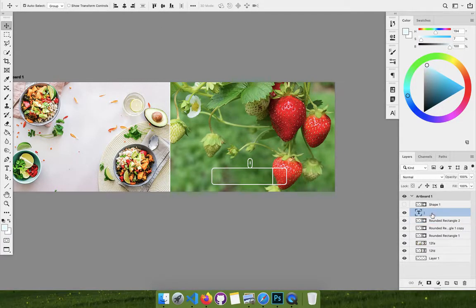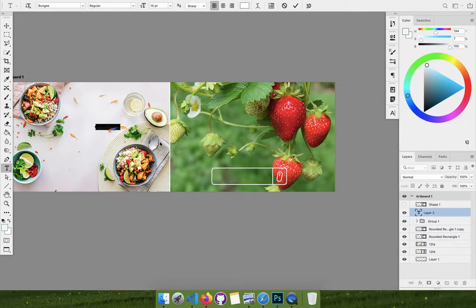Now put this thing a bit above, and now make a group of these things, and now you put it over here, and you want to rotate this, command T and go to this angle, maybe put 10 degrees. That's a kind of small subtle angle. Now it's done. Now we want to put some text over here, so take a layer again and go to T, or press T, then press shop